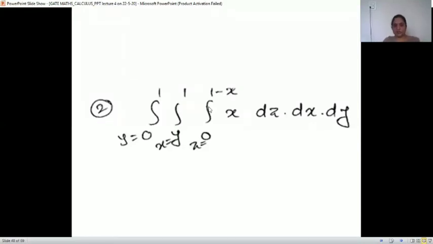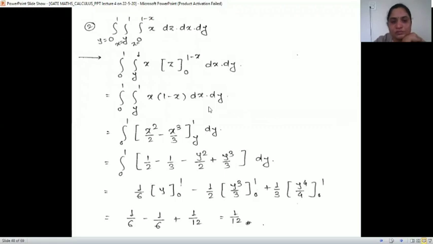Firstly, you are taking with respect to z. Okay, it is here. First take the integration with respect to z. We get z from 0 to 1 minus x. 1 minus x minus 0, 1 minus x is here. And then x into 1 minus x. Taking integration, x square by 2 minus x cube by 3. And this is with respect to x. So limits are y to 1. Applying the limits, we are getting this.